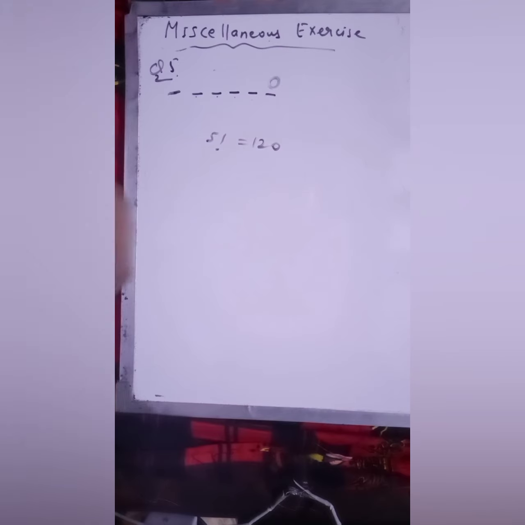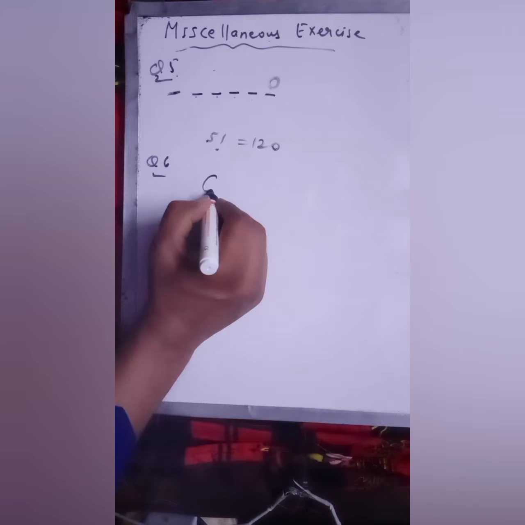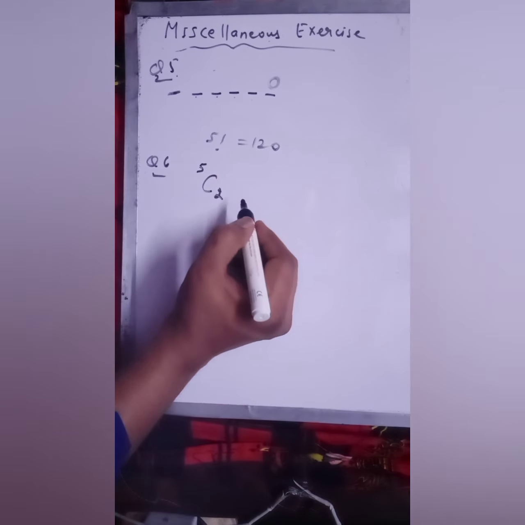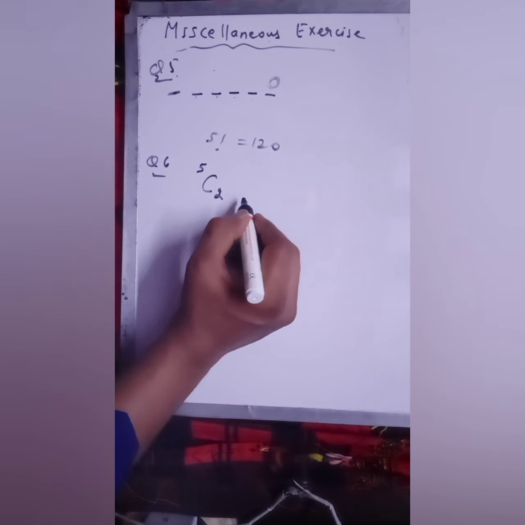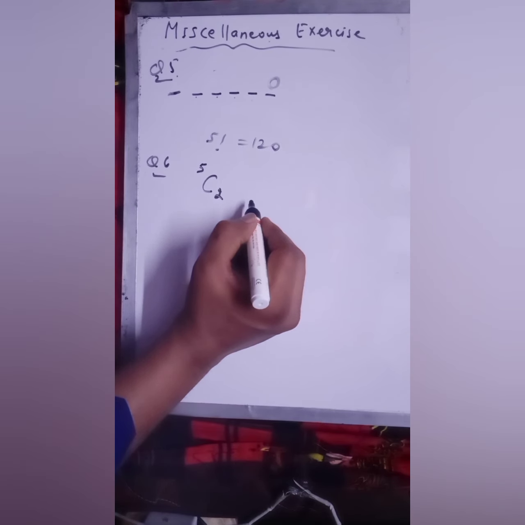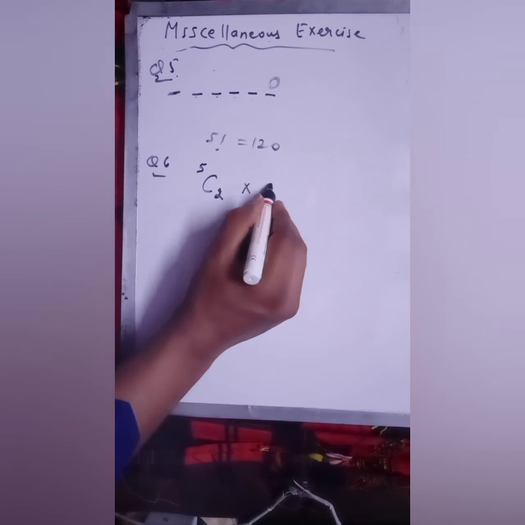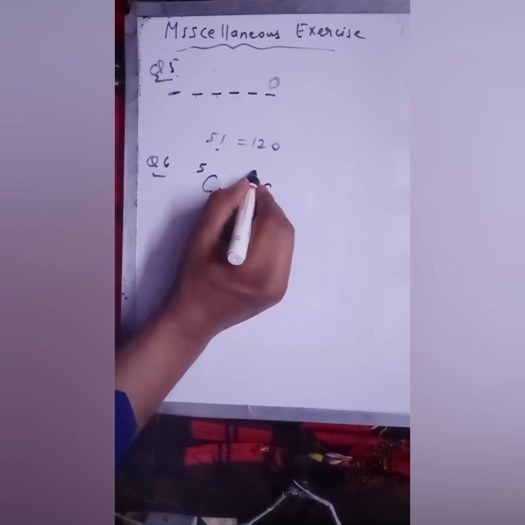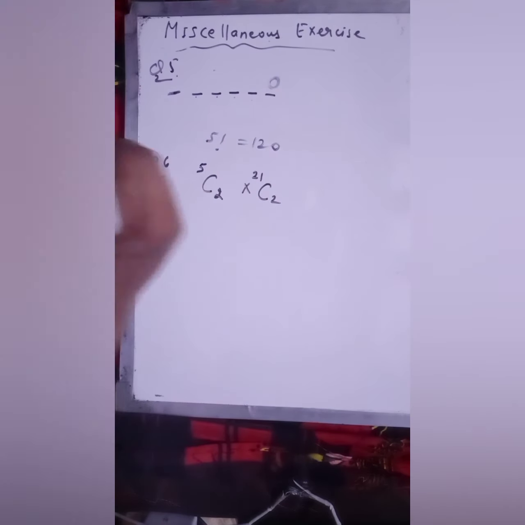Now the English question number 6 we are solving here. The English alphabet has 5 vowels and 21 consonants. How many words with 2 different vowels and 2 different consonants can be formed from the alphabet? So there are total 5 vowels. So you have a choice for 2. Into consonants, you have 21 consonants, you have a choice for 2.